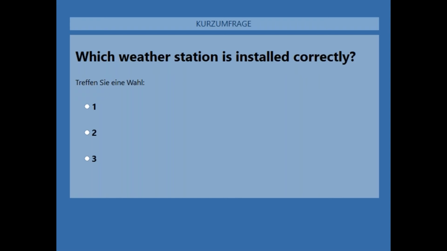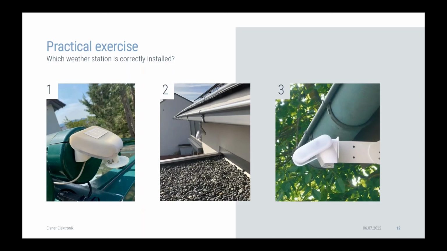So as I mentioned before, the weather station needs to be exposed to wind so the sensors can actually measure correctly. So in the first picture, if you can recall, there is not enough space for the weather station to measure correctly. You can see the green roof will hinder the wind measurement. Also, the sun sensor is on top of the weather station. So in picture 2, there is shade cast on the weather station.